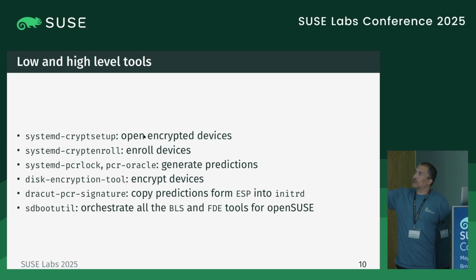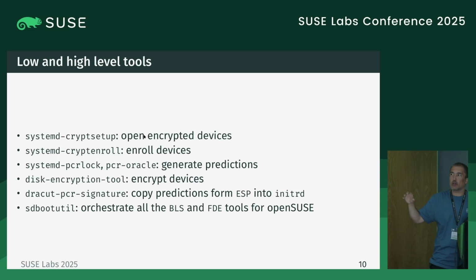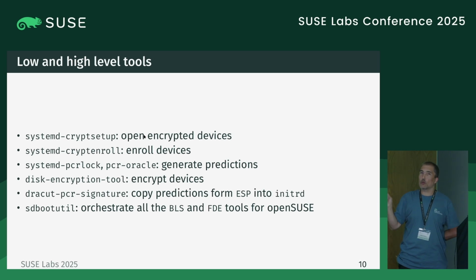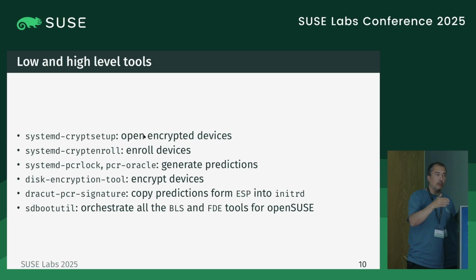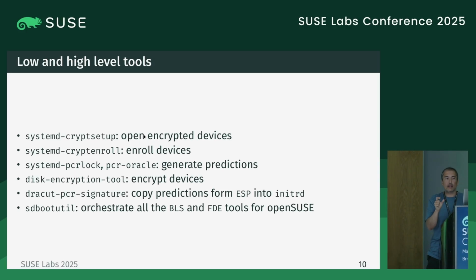From that, we have this encryption tool. That is a tool that is going to do online encryption for image-based distribution. This has very nice properties that we can talk about later, but it's not required for the normal operation. We have a dark PCR signature service that is a workaround for a certain limitation that we have because we are using type 1 boot entries. With UKI, this service is not needed, but today we're not using that. So we are going to use this service to copy some information that is stored in the ESP inside the initrd that is in memory, which contains certain information that is required during the opening of the LUKS2 device.